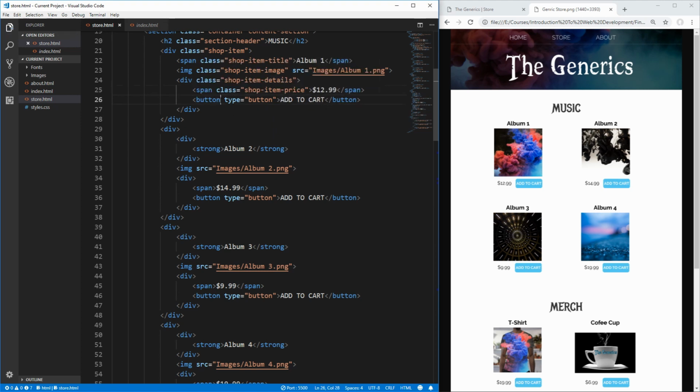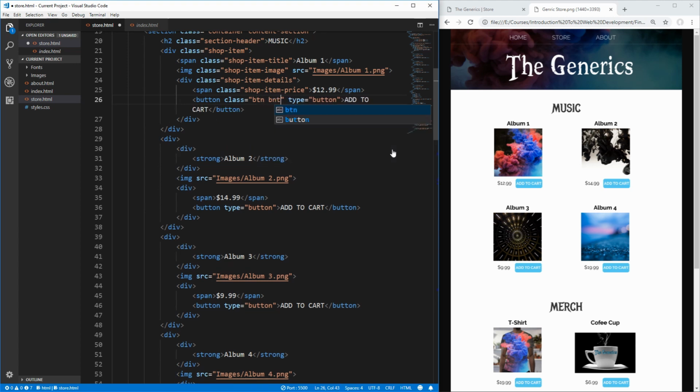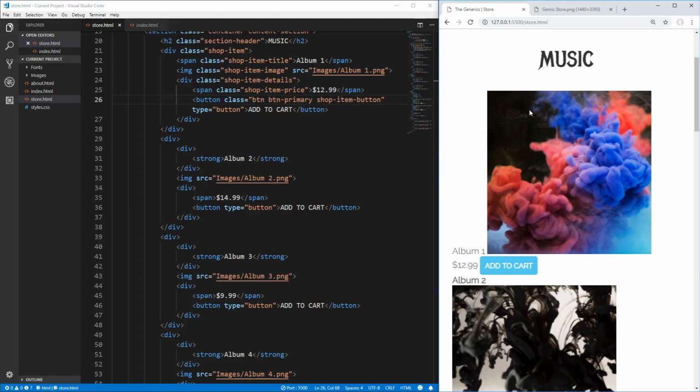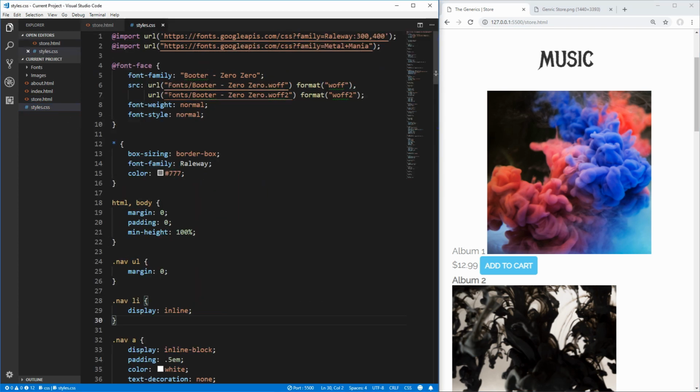And then we have our button here, which we already have two classes for, of button and button primary, since this will be the bluish colored primary button that we have. And then we'll add another class to it of shop item button, so we can style this button specifically for the shop item as needed. And if we save that, go back to here, you'll see that some of the things in our page have already changed. We got the blue button now, and now we can actually go into our styles.css and start styling